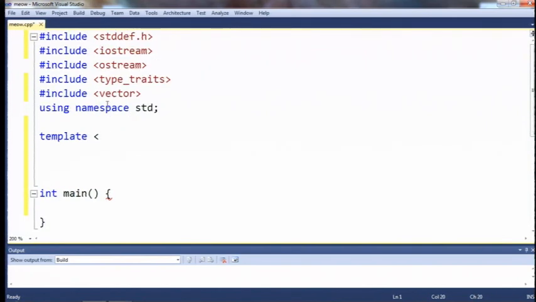I'm very careful to always include the headers that I need. Template on size_t N, void foo, and I want this to take arrays. But let's say that I'm OK with them being arrays of int. I could make this a template, but there's no reason to template on the type here. So I want a reference to an array. We may as well make it const